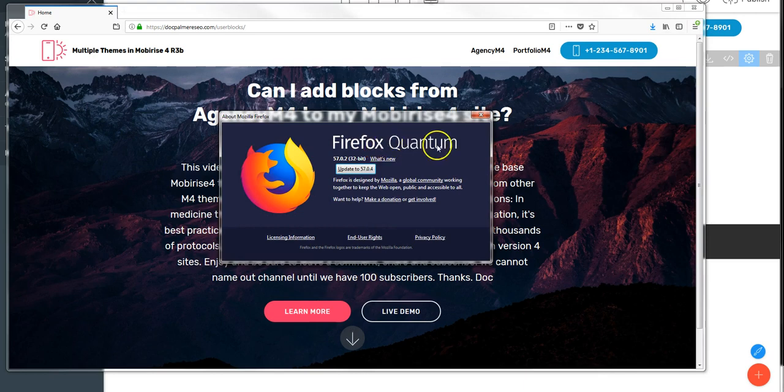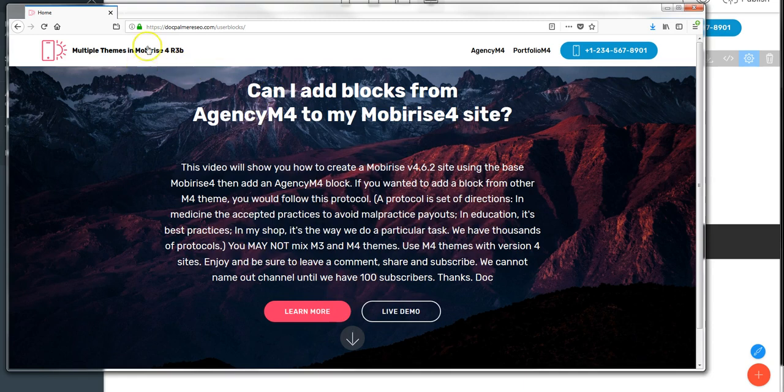Firefox Quantum 57.0.2 32-bit. This is Windows 7 32, right? It wants me to update, but I'm not doing that right now anyway. So I am on the site. I deployed the test site to this folder here, and